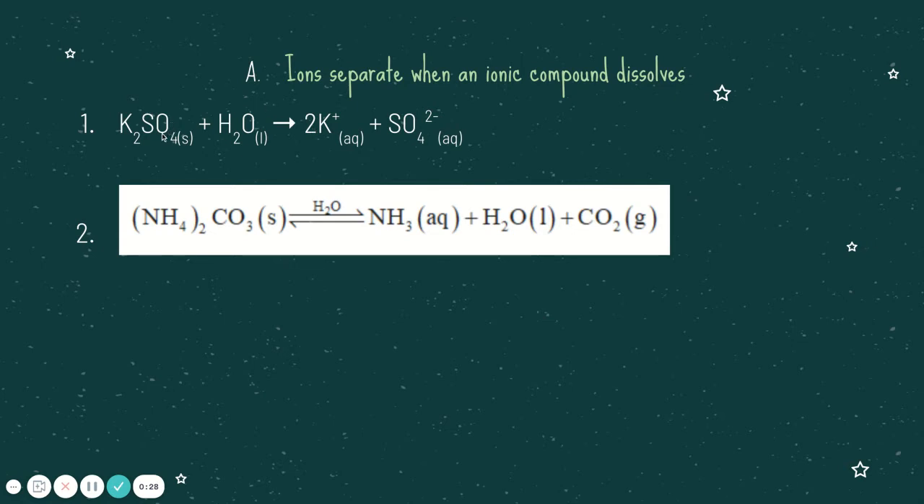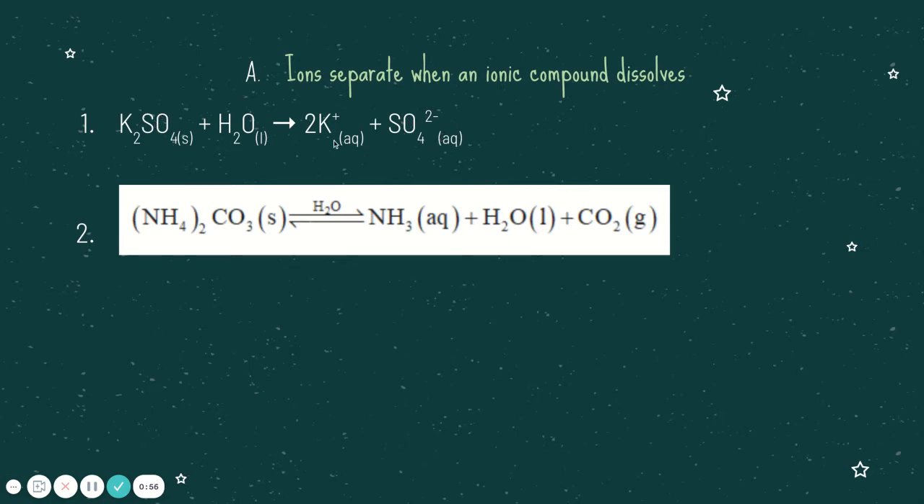So in this first example, you see the potassium sulfate, and we put plus water almost as a reactant, but notice it's not present in the products. That's because it's not a reaction taking place. Dissolving is not a reaction. It's the breaking apart of a soluble compound. So when potassium sulfate is added to water, it breaks up into its ions. It breaks up into potassium, which you see as the first product, and then sulfate, which you see as the